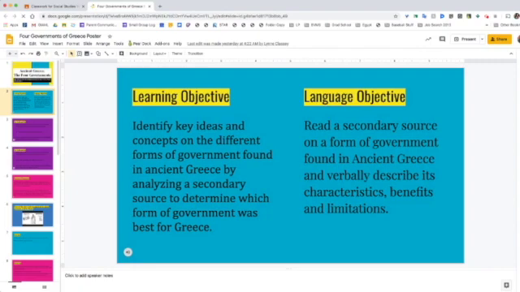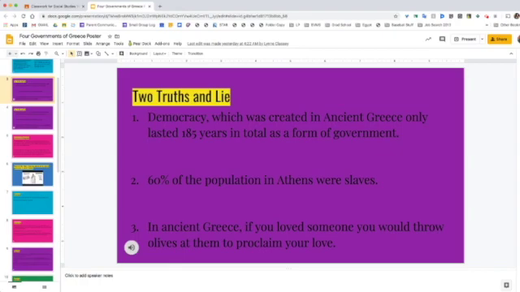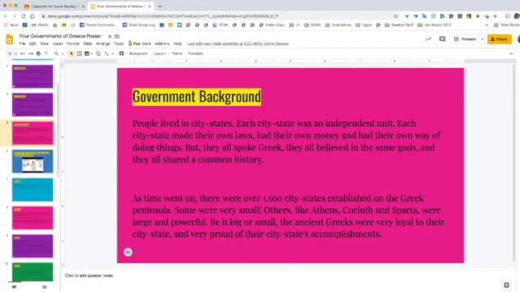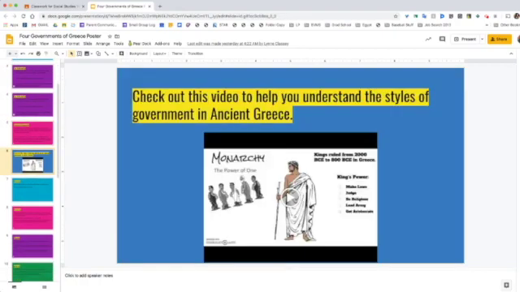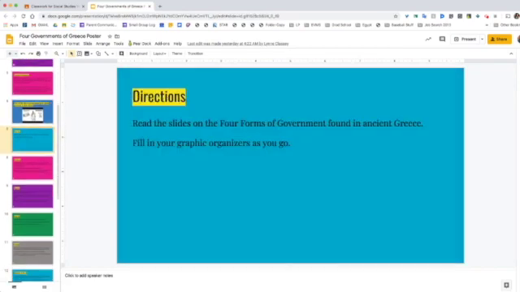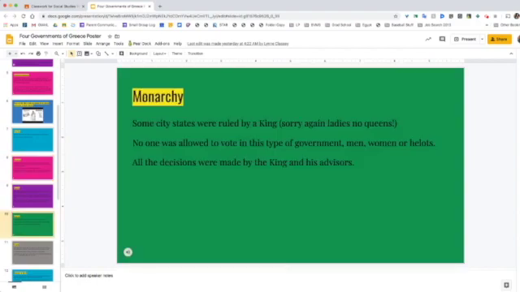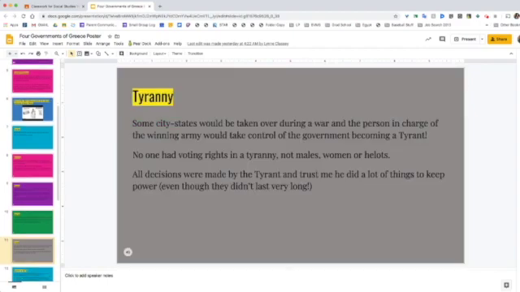So you did some two truths and a lie, you read some background info, you watched a video, then we read some slides, some secondary sources on the different forms of government: democracy, oligarchy, monarchy, and tyranny.